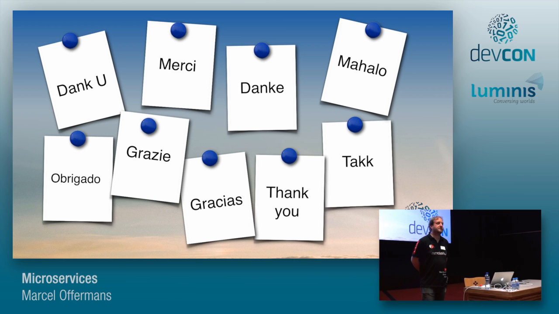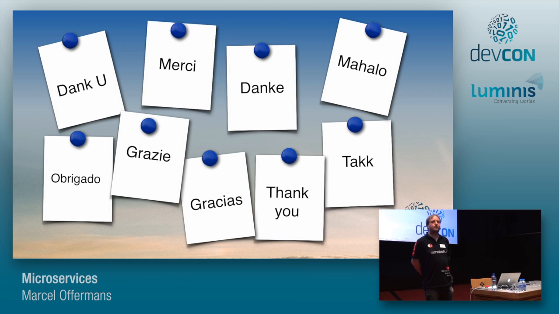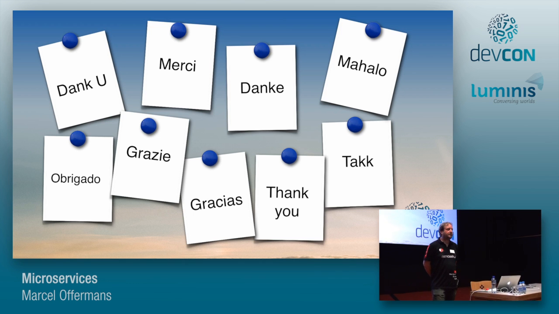I'll first repeat the question. The question was, not all Java libraries at the moment are OSGi compatible, especially a lot of the new stuff usually isn't yet. How to deal with that? On the one hand, that's exactly why we started the Amdatu project, to make OSGi compatible versions of existing technology. We're not trying to reinvent the wheel, just reuse what's there.